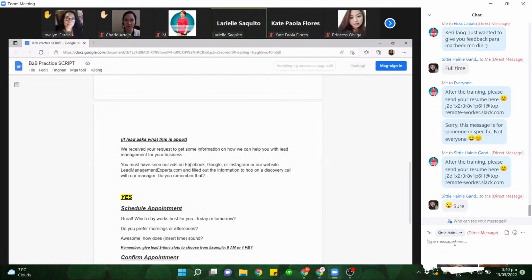Okay, very good. And I like that for those who have already read it, in regards with this section, the Facebook, Google, or Instagram, there are really short pauses, since there's a comma, so that they would be able to hear and differentiate these different sites as well. So good job. Okay, the pacing is also good. Very good. And the tone after the period, good job as well. How about for you, Cherry?